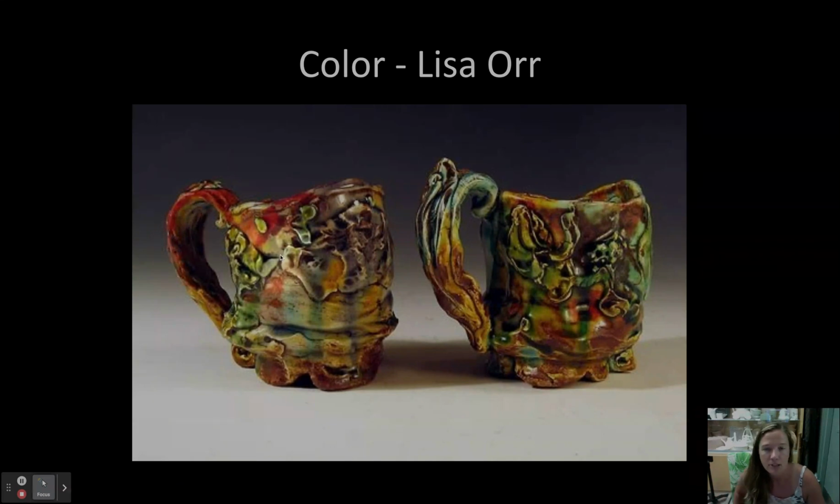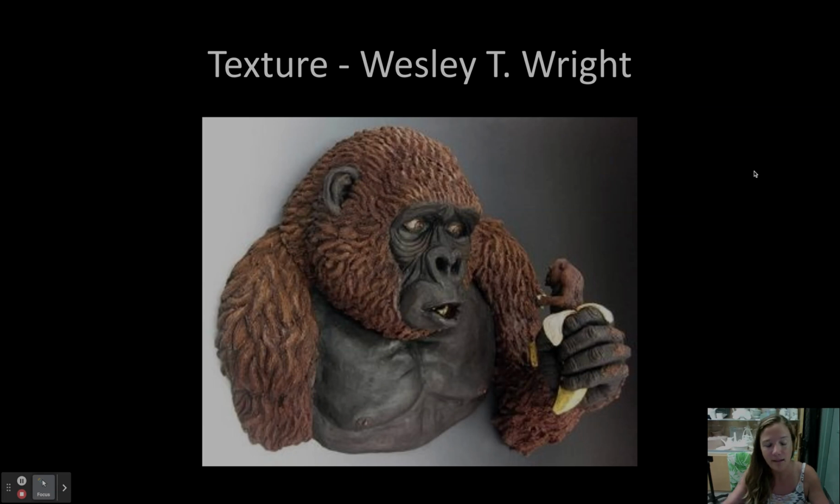And so she layers and layers glazes on her cups so that they have this kind of rainbow iridescent colorful effect. So color is kind of an easy one for people to understand. You get it. And texture. This is a piece by Wesley T. Wright. I love this guy. He does all these kind of